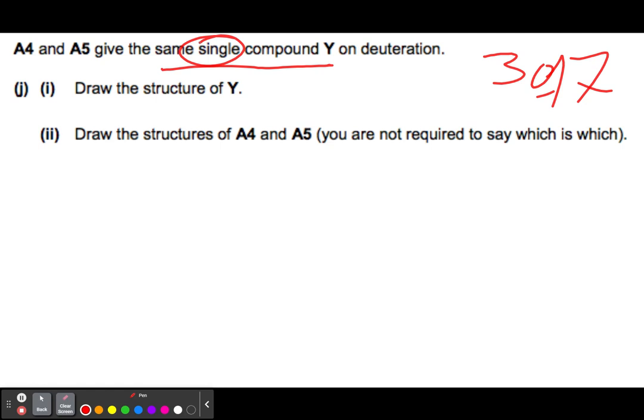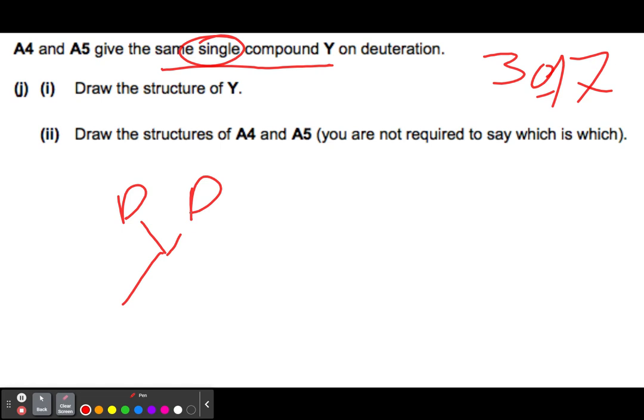We don't need to worry about those. So if we think now, we're on J, we can draw the structure of Y. I honestly think, I'm repeating this, but if you draw all the structures out, you find that the only possibility